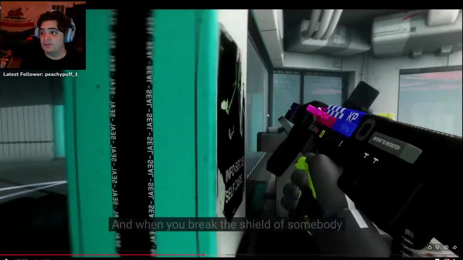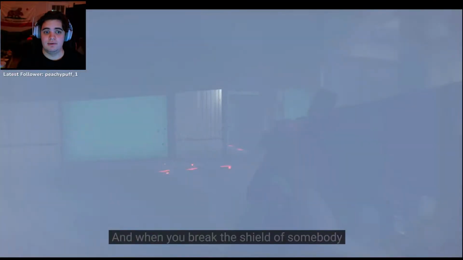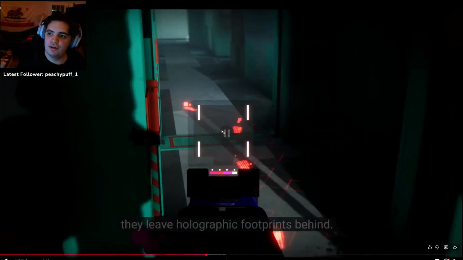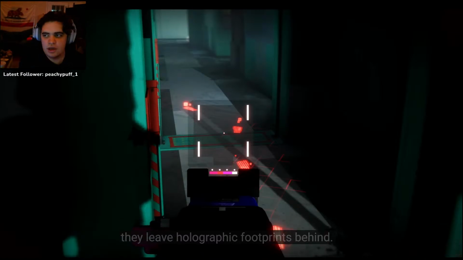And when you break the shield of somebody, they leave holographic trails. And that's another thing that I think is interesting as part of implementing classes like this, or what are essentially heroes in a hero shooter or something,